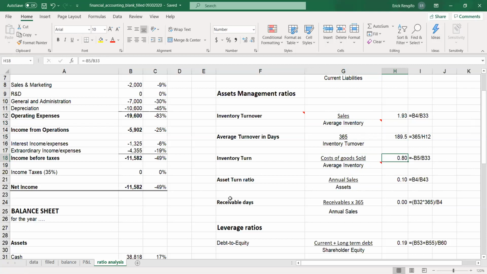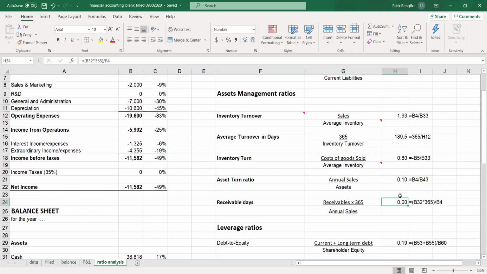Then we have my asset turn ratio. This implies basically how many times I need to sell in order to create all my assets. Again, the larger this number, the better. But it's very tricky, guys. I think Walmart has around 25% and Amazon is around 35% in these asset turn ratios. Receivable days is if you have debt. In this case, we don't